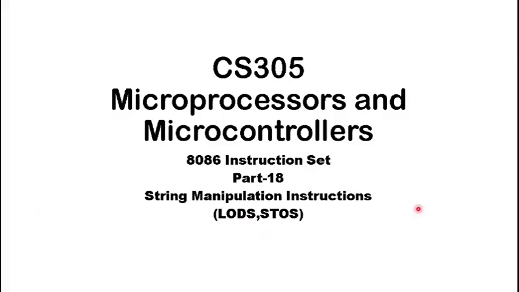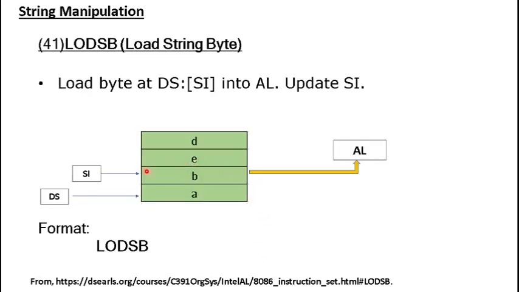This is part 18 of 8086 instruction set, and we will be seeing some load and store string instructions. Suppose that we need to load a particular byte in a string onto a register, maybe accumulator. For that we can use LODSB, that is load string byte. The setup to execute this is the string byte that we wish to take out onto a register